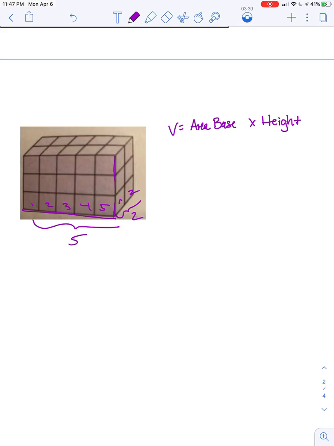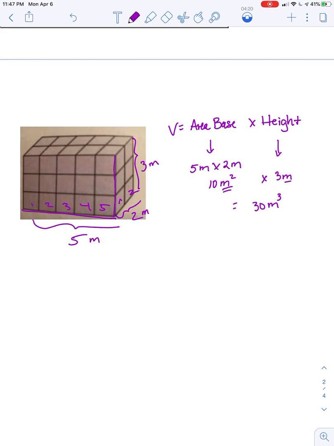I was told in this problem that everything is in meters. So I can tell you that there are 10 one-meter cubes filling up the bottom of the base of my right solid here. But let's figure that out with our math. I would take 5 meters times 2 meters, and I would get 10 meters squared. That's the area of my base. And then I would multiply by my height, and we can see that our height is 3 meters. So I'm going to multiply by 3 meters, and I'm going to end up with 30 meters cubed